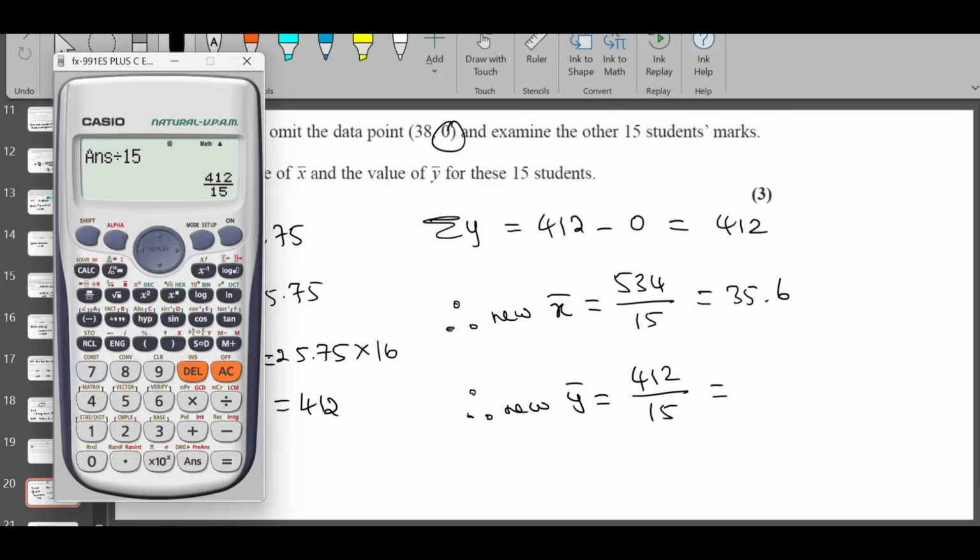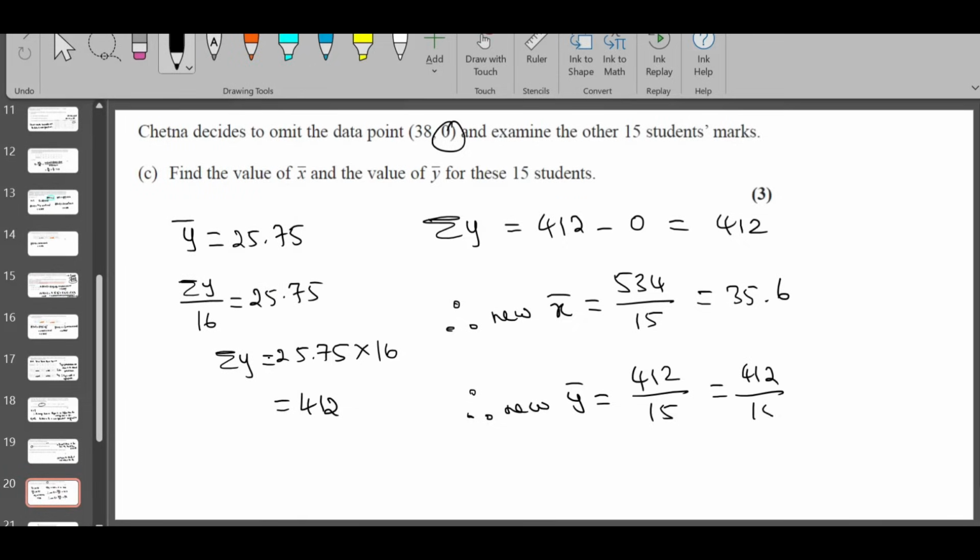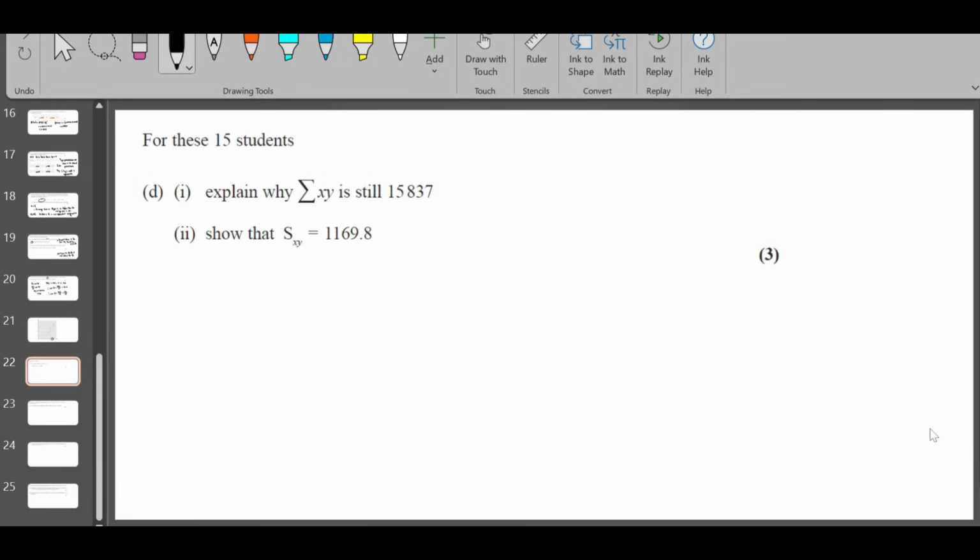412 over 15. I'm going to keep it as it is because it's a recurring decimal. Part D now. Explain why sigma xy is still this. How do we find sigma xy? We take x and y, we multiply the values, and then we sum up whatever the result we are getting,